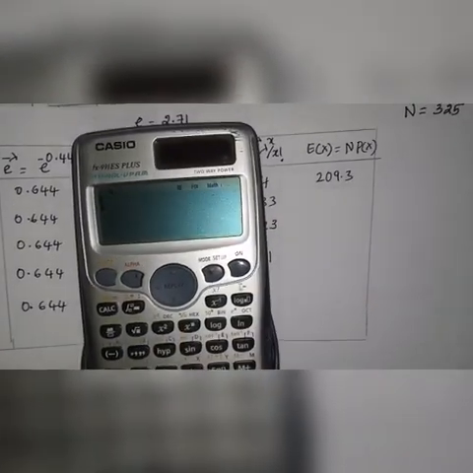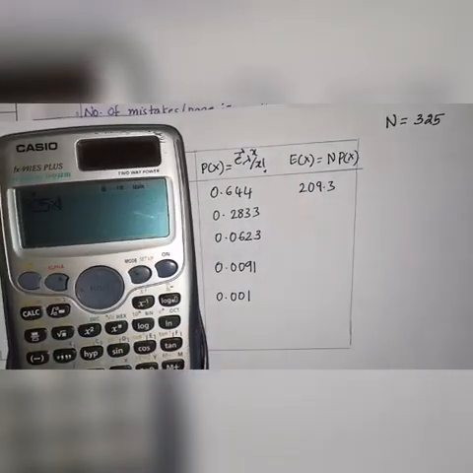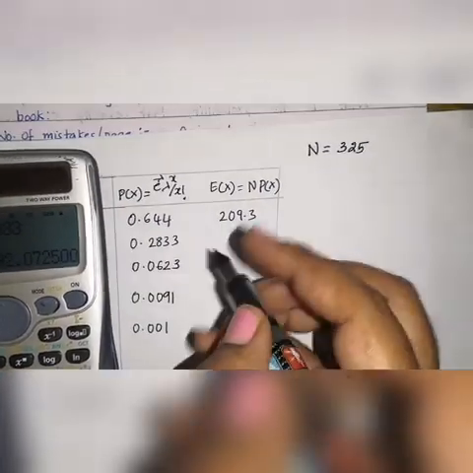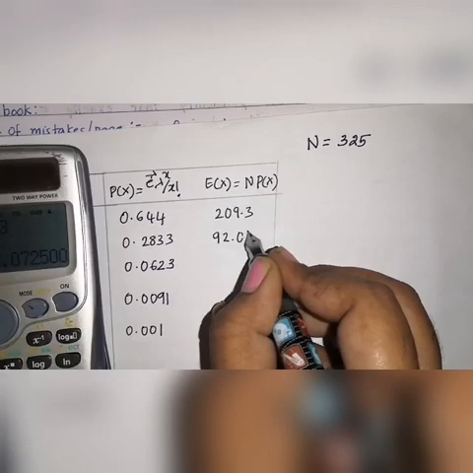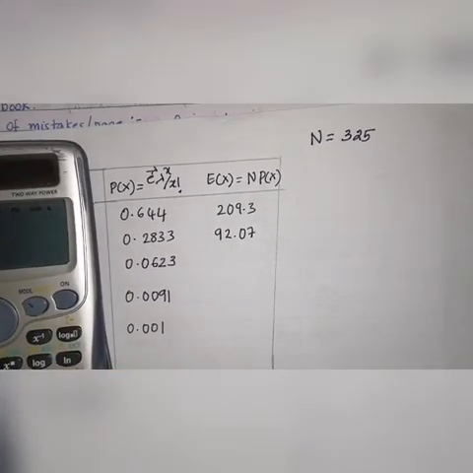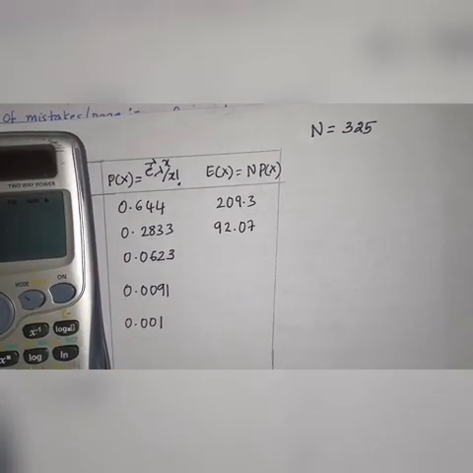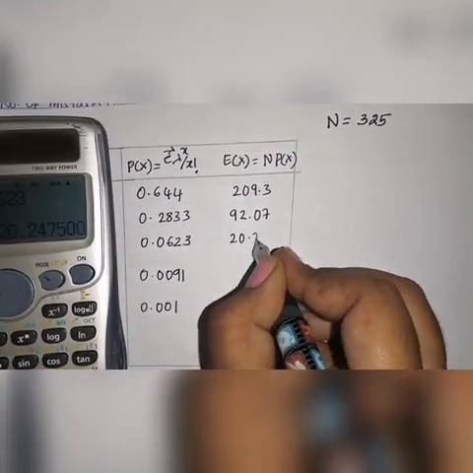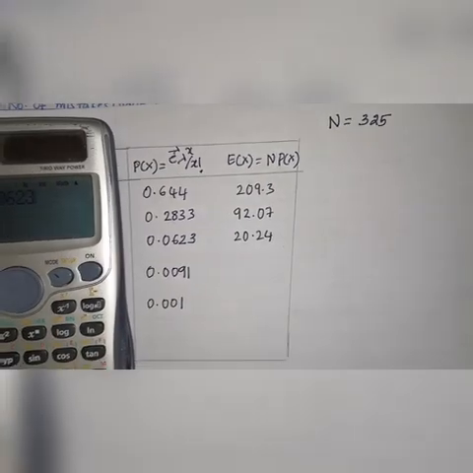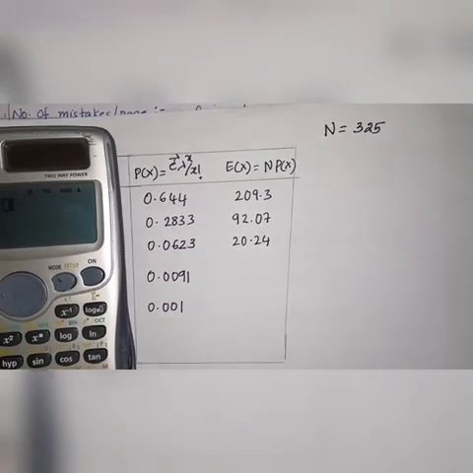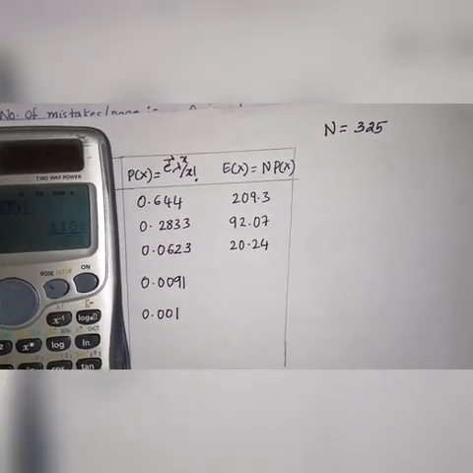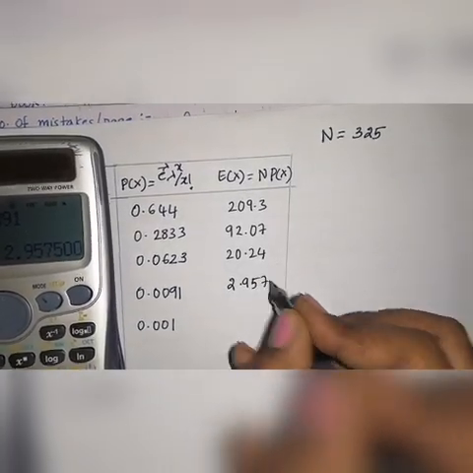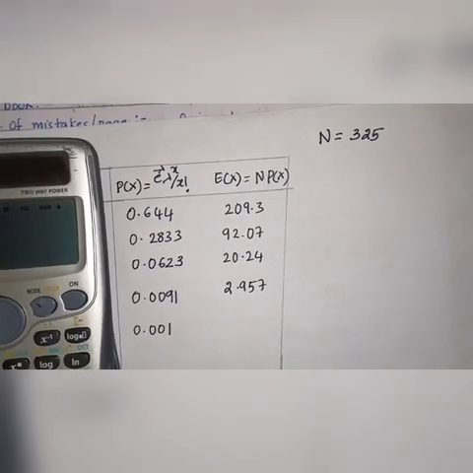Then we have 325 into 0.2833, which is 92.07. Then we have 0.0623. This is 20.24. Then we have 325 into 0.091, which is equal to 2.957. Then we have